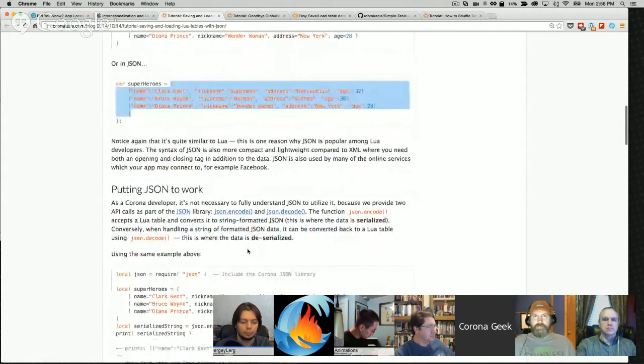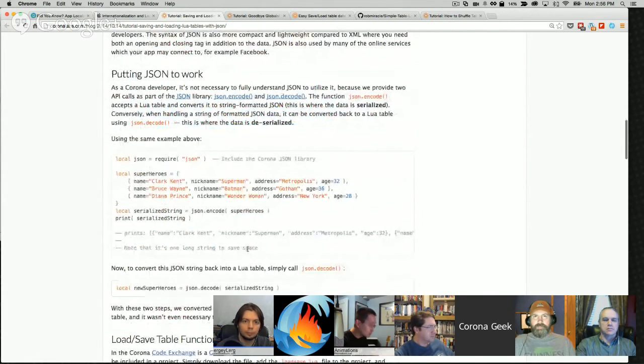And then the next thing it talks about was putting all that to work. That's great in concept. And it gives you the similarities between Lua and JSON, and then what you would actually do with that. And so then it talks about taking that information and, like we just said a moment ago, serializing and deserializing it. So being able to format it so that it can be passed across the wire as a string of information. So in this example here,